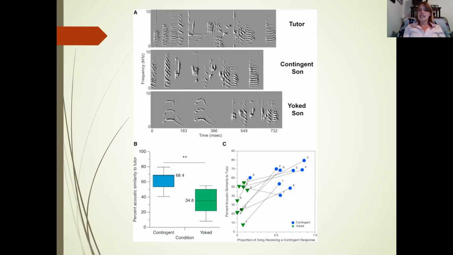So again, for decades, we've assumed this model of communication. We assumed that this was the way that males were learning their song, that they were getting feedback from their fathers. And then a graduate student, this was her graduate work, said, what if that's not true? And it wasn't. And she found this completely cool new discovery just by watching these zebra finches communicate with one another. So I thought that was really cool, something cool to share.